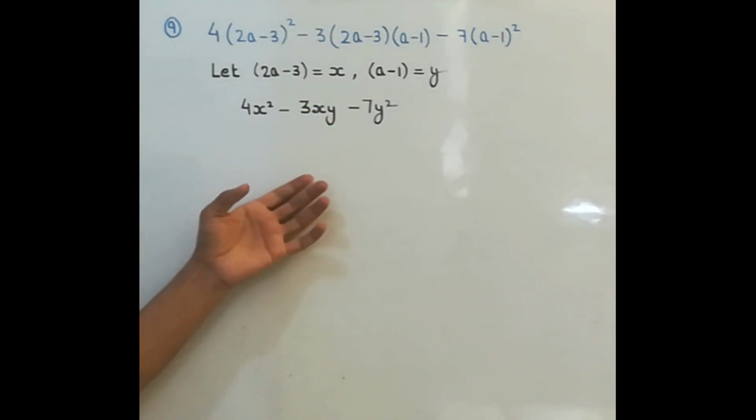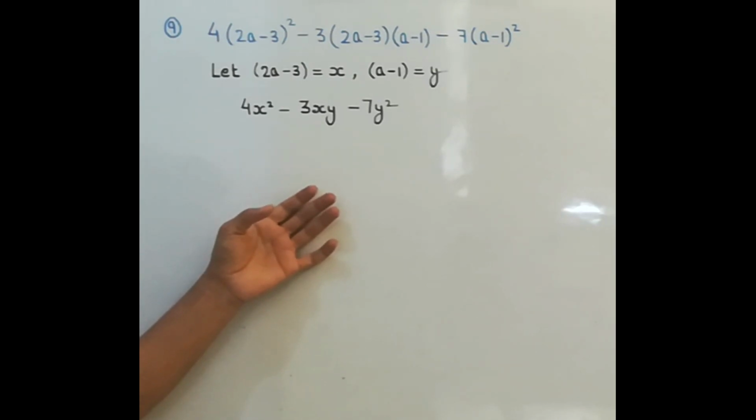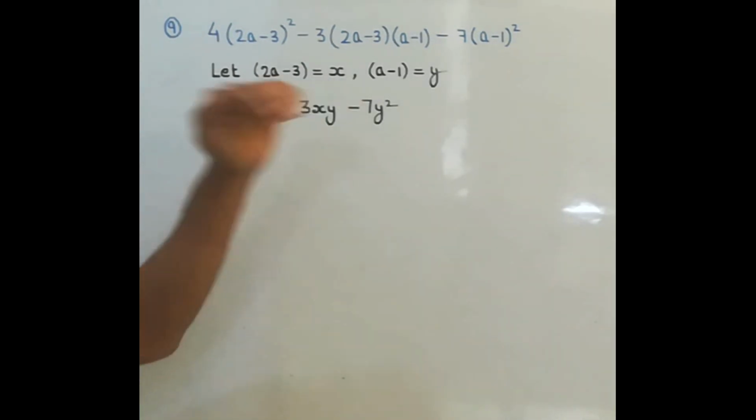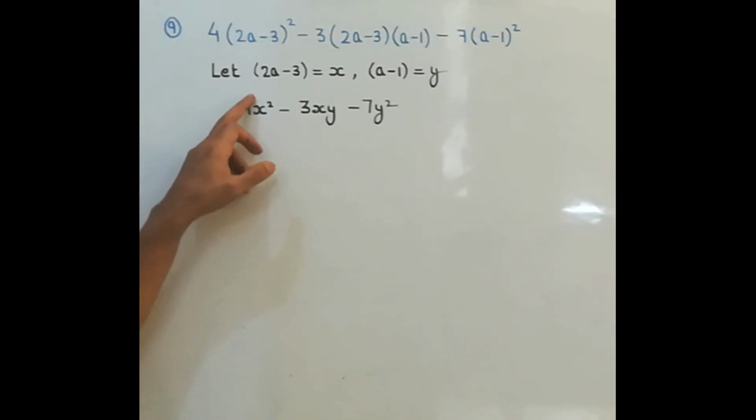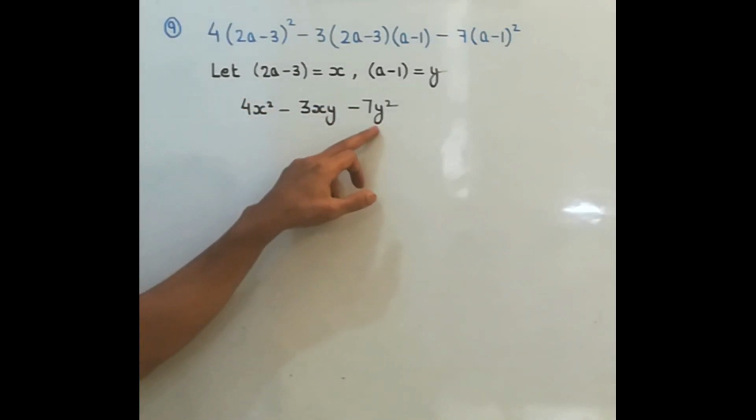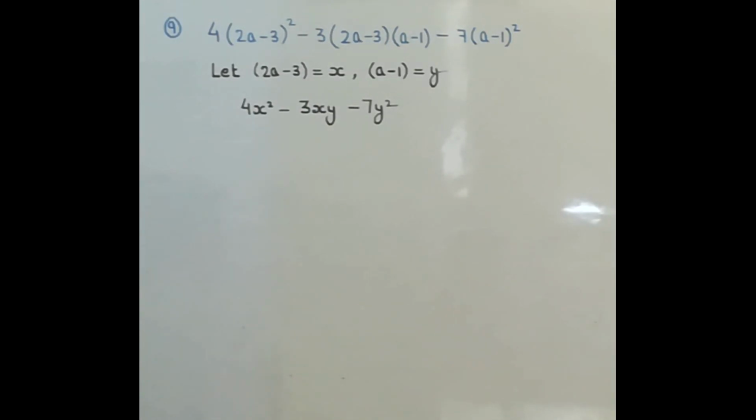Or if you consider the variable y, then also it is arranged, but this time we will say it is arranged in ascending order for y. y raised to power of 0, y raised to power of 1, y raised to power of 2. Whether you consider x or y, for both it has been arranged in either ascending or descending order, and we know that a trinomial is needed with one of the variables in ascending or descending order.